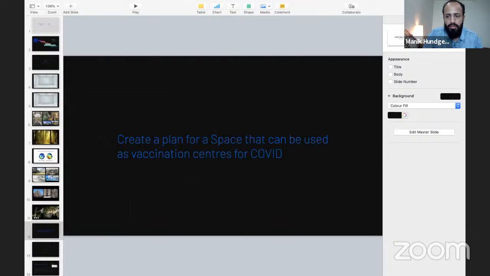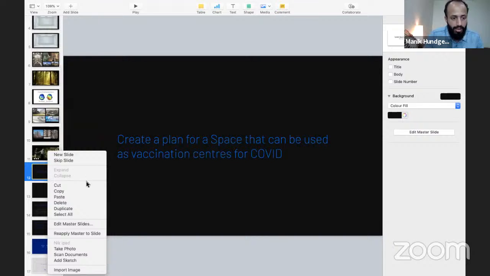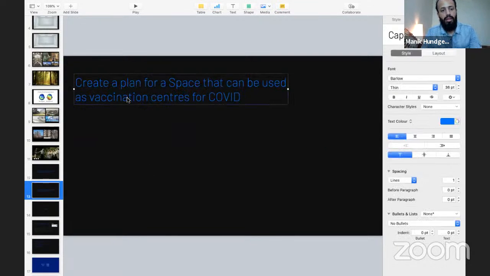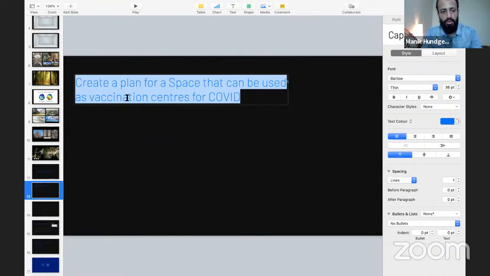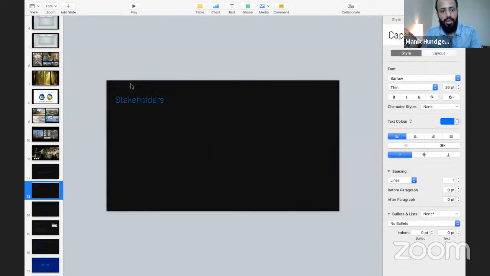Maybe they can start with sanitization of everything. Okay, fair point. I think I'll make a small slide for people so that everyone is on the same page. So here we have stakeholders, and we will have their activities.